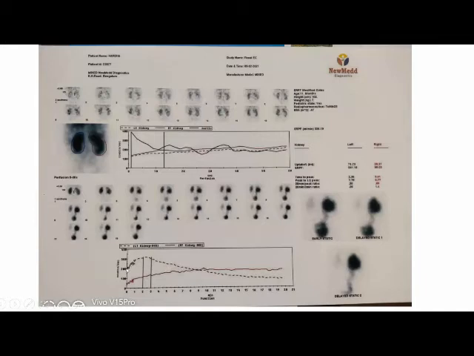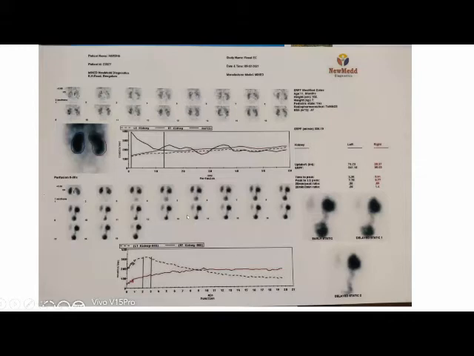And when you compare it with the left kidney, initially after that initial cortical transit time, the left kidney graph is showing a downward trend, which is a normal excretion which is happening, and the right kidney is showing an upward trend. So that means that there is some obstructive pattern happening.